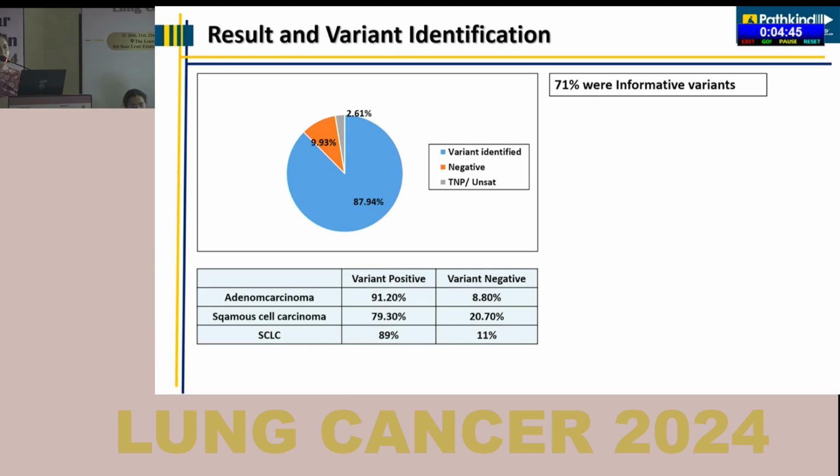And overall, we were able to identify variants in about 88% of cases. There were 2.6% in which the results were either unsatisfactory or we could not perform testing, and about 9.9% in which no variants were identified. Of these 88%, there were 71% which were informative variants in terms of being able to help the clinician for